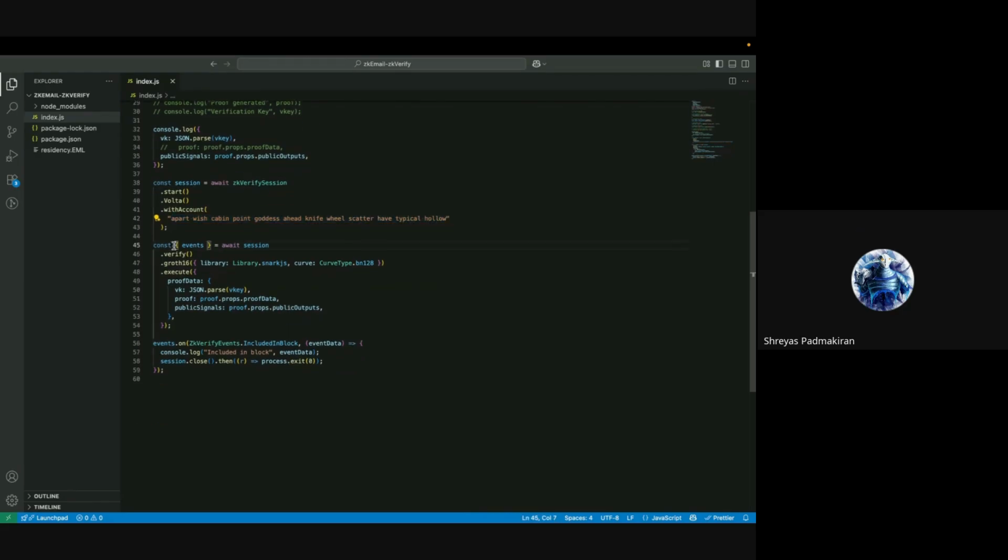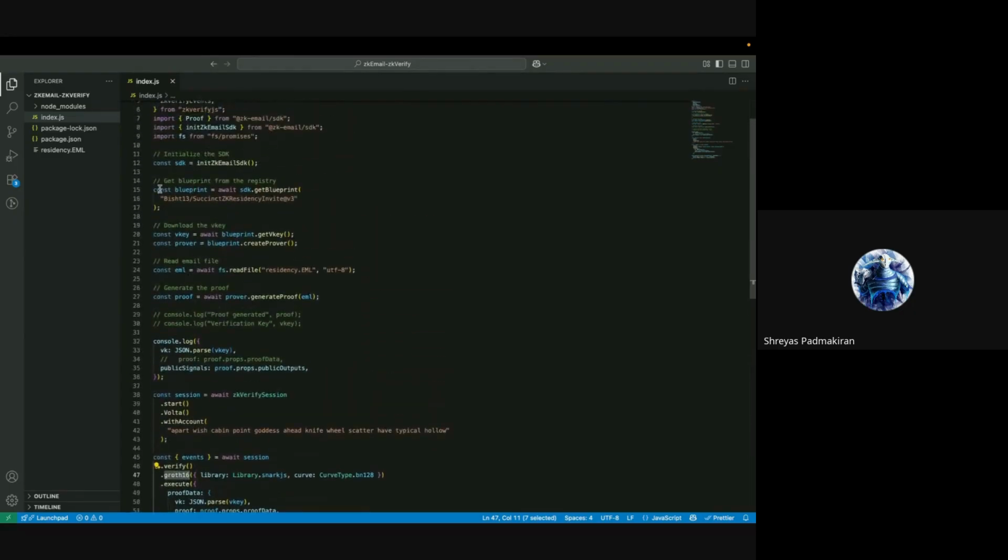And then we have events. So what would happen is we are trying to generate a simple connection to the Volta testnet. And Volta testnet is a Polkadot parachain. So that's the reason we don't use Ether. Instead, we use this kind of connection type, or the syntax for connect. And then we'll be posting that particular proof that we got along with all the other data. And then we also tell it what the pallet is, which is groth16,